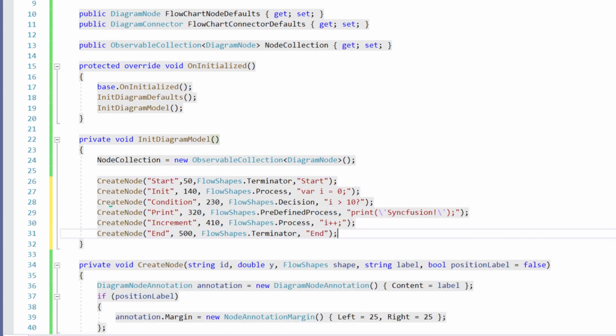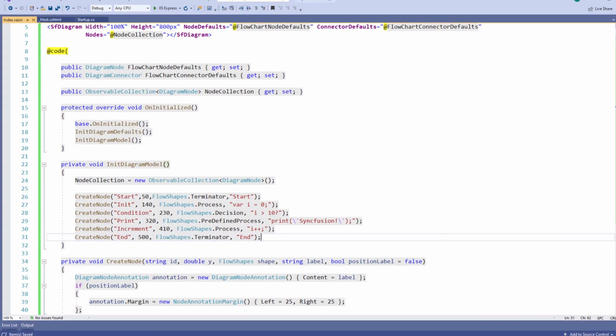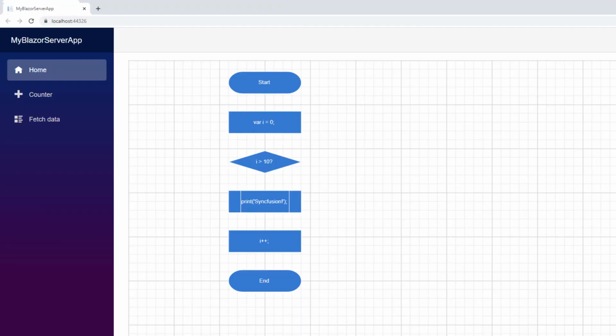I have added a process node to initialize the variable, a decision shape to check the condition whether the value is greater than 10 so that it can print the text 10 times, then a node to print the value Syncfusion, again a process shape for incrementing the variable, and finally a terminator shape to end the flow. Let me save this and run the application. You can see the nodes added in the diagram canvas.